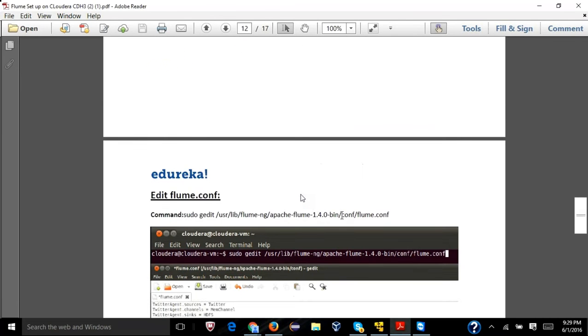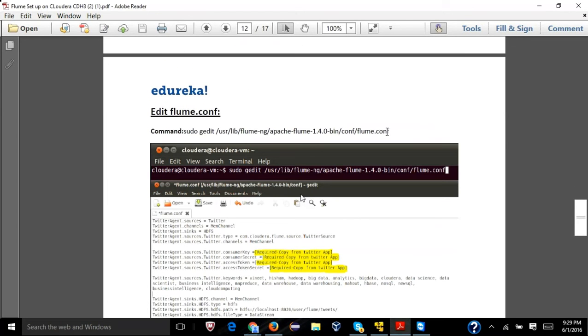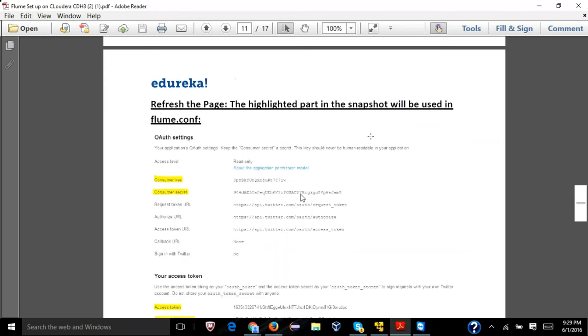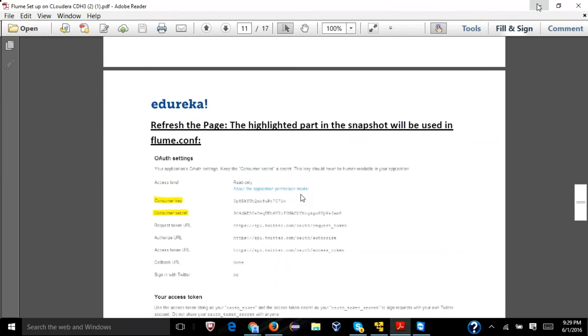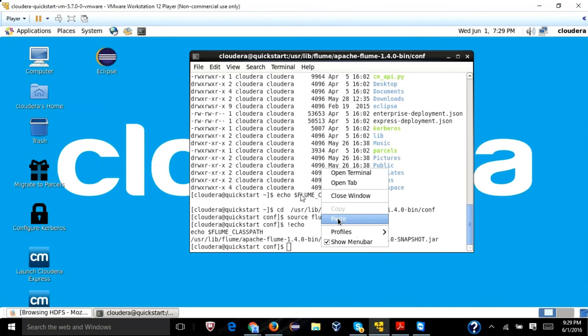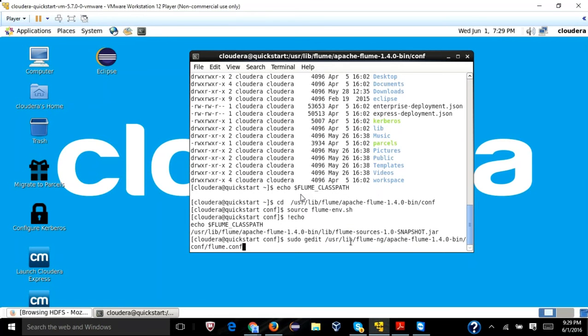I think you have done all this already. You created all the four keys, and this is where we edit flume.conf. This is similar, and I have done all the steps accordingly. Then I have to change the